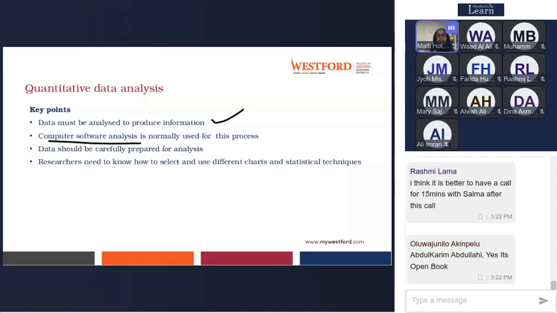Then researchers need to know what type of charts and statistical techniques they should be using. So before you actually start the data analysis, you will first understand what type of data you would present in different charts, and what type of statistical techniques you will be doing in your data analysis.